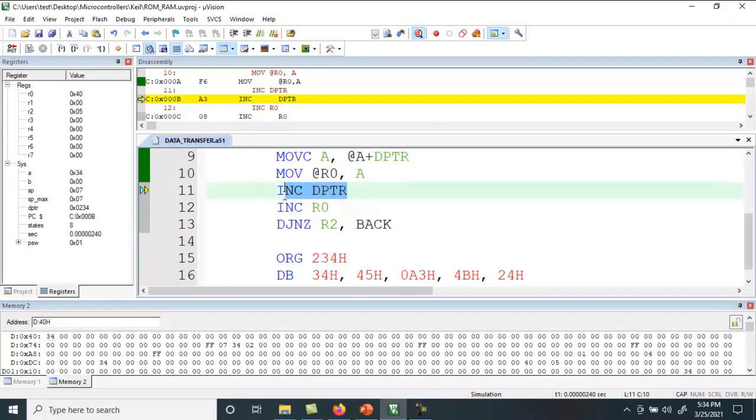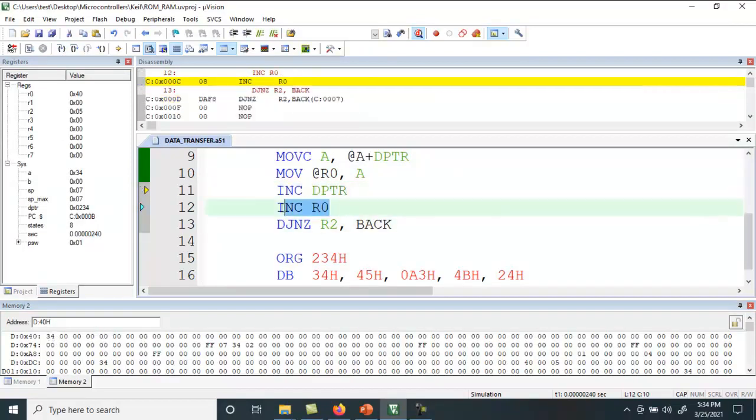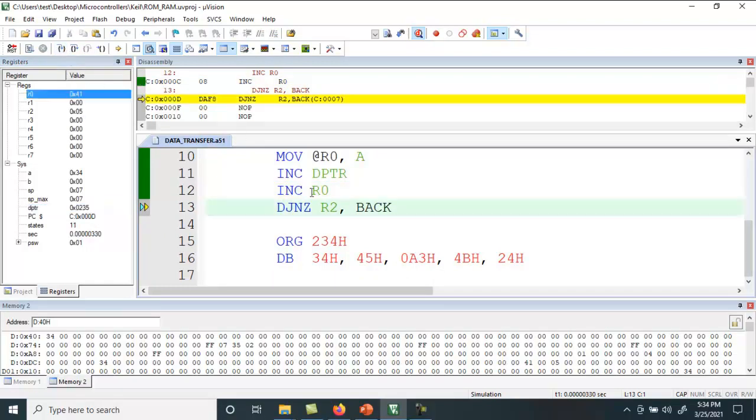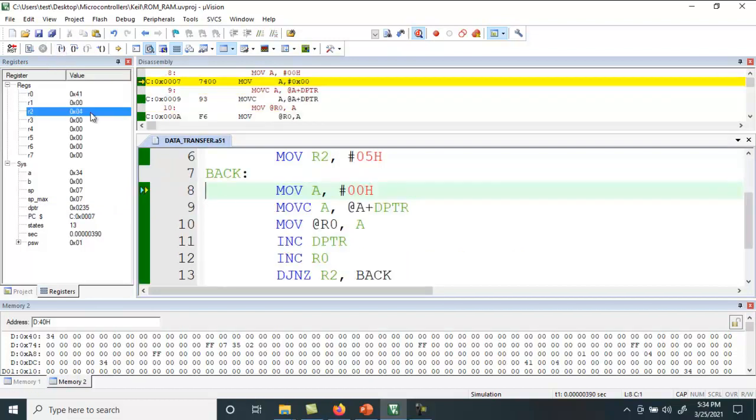Now DPTR will get incremented, R0 will get incremented. So DPTR, which is 234, will be incremented to 235. R0, which is 40, will be incremented to 41. R2 is decremented and compared with 0. R2 becomes 4, which is not 0.